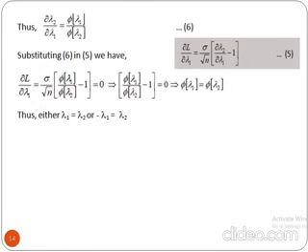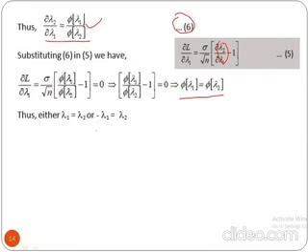Now let us look at this. Ultimately we come from the previous step, we just cross multiply to get del lambda 2 by del lambda 1 equal to phi of lambda 1 divided by phi of lambda 2. This we call equation number 6. Now substituting 6 in 5. So this is our equation number 5. So in del lambda 2 by del lambda 1, in this part we are just substituting this value. Once we substitute this value, we get this, and equating it to 0, we get ultimately that phi of lambda 1 is equal to phi of lambda 2.